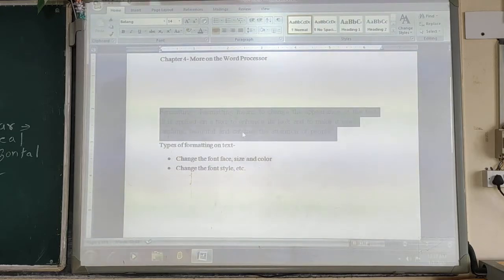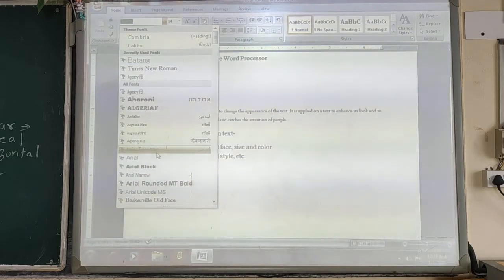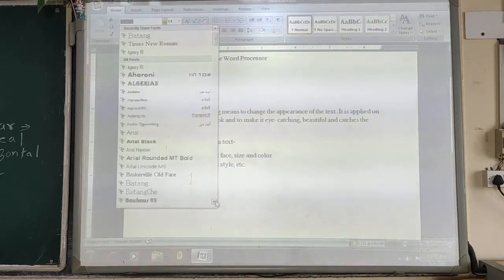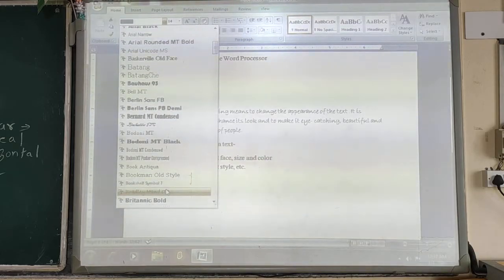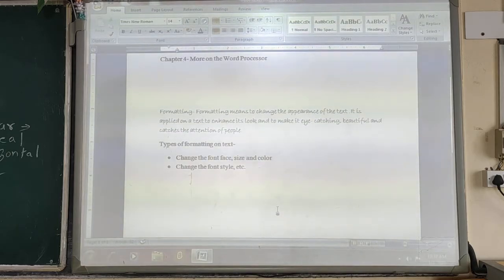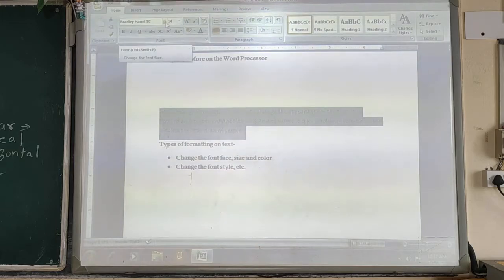Suppose you do not like that one, you can click on this arrow and get a different number of options, like different font styles. So this is how you can change the font face of your text which is being used in your document. I hope that you have understood. And the shortcut to change the font face is Control plus Shift plus F.